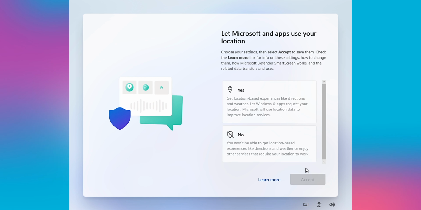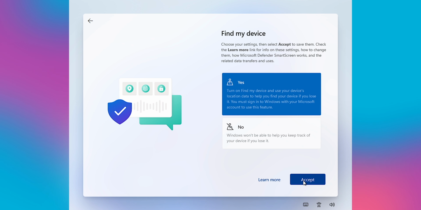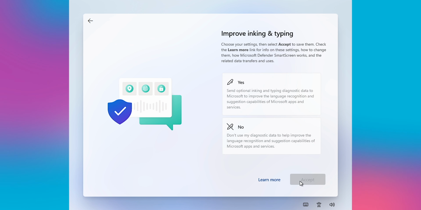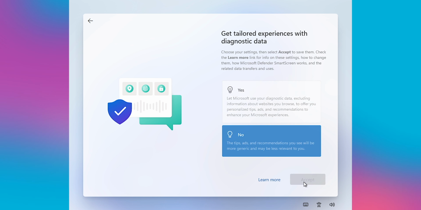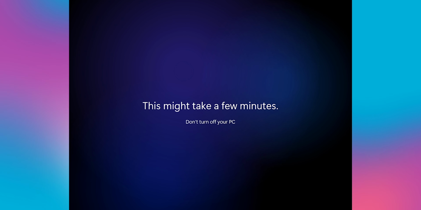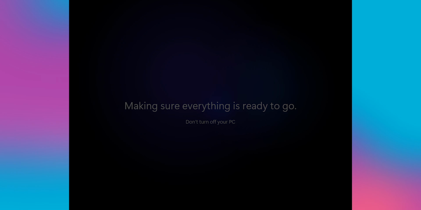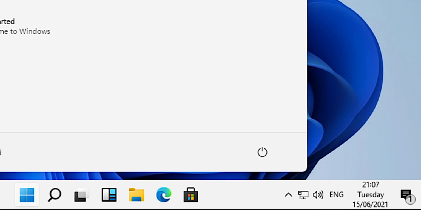Afterwards, you have to go through the usual terms and conditions and accepting or declining certain features that Microsoft will offer you, along with asking if you want to see tailored advertisements. Windows 11 will then do some more further configuration behind the scenes. It will take a few minutes, as it says here, but all going well, this will be the first screen you'll ever see. You may also hear this.